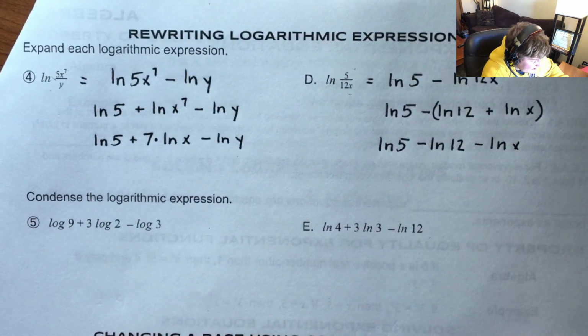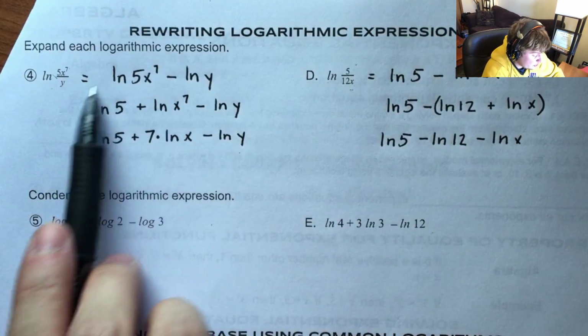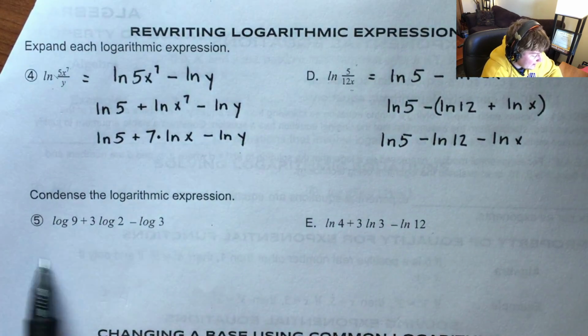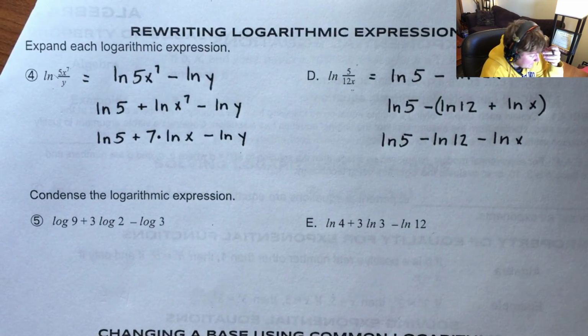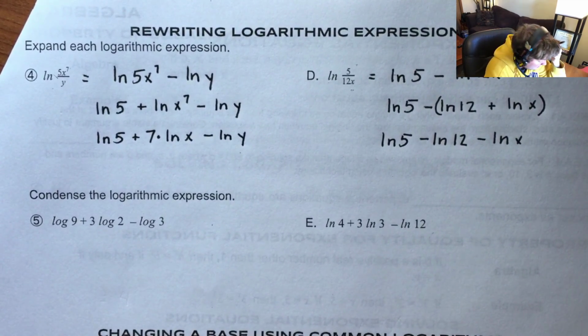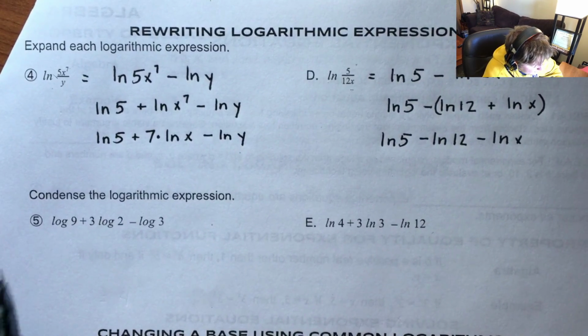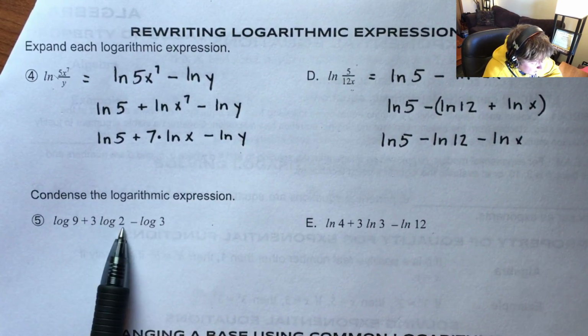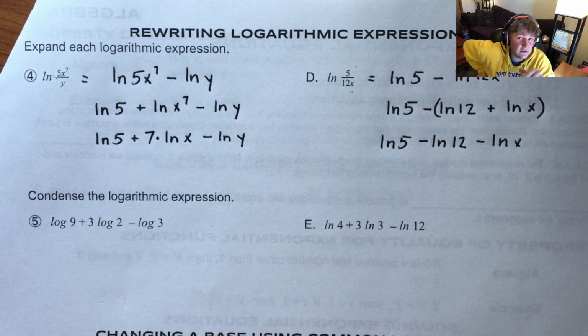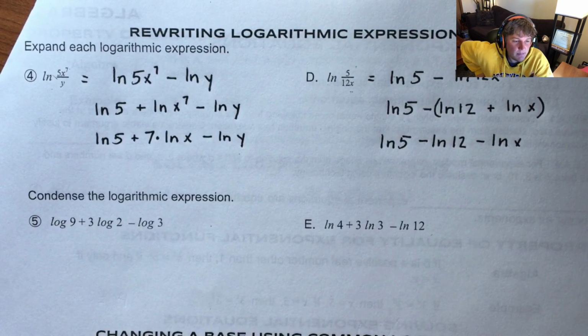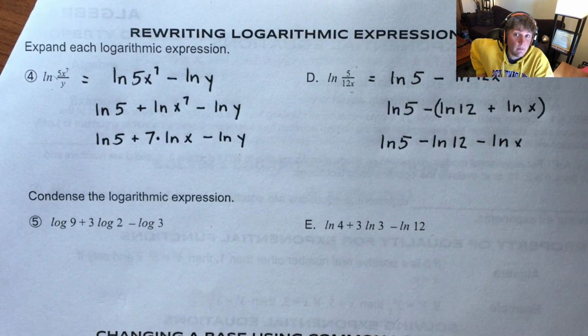Okay, let's actually condense. Now, basically what we're doing is the opposite of 4 and D and 5 and E. We're going to start expanding, and we're going to work backwards. All right. So one thing that jumps way out to me is that 3 log of 2. Okay, first off, when it says just log, we need to think about what base that is. May not be necessarily super important for this problem, but for other problems, log with no base written is indicated to be log base